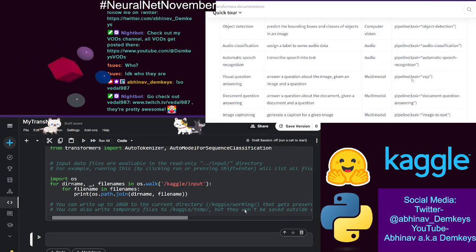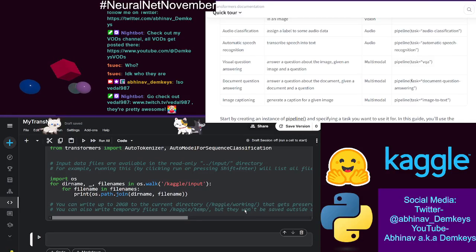What else? Okay, visual question answering. Answer a question about the image, given an image and